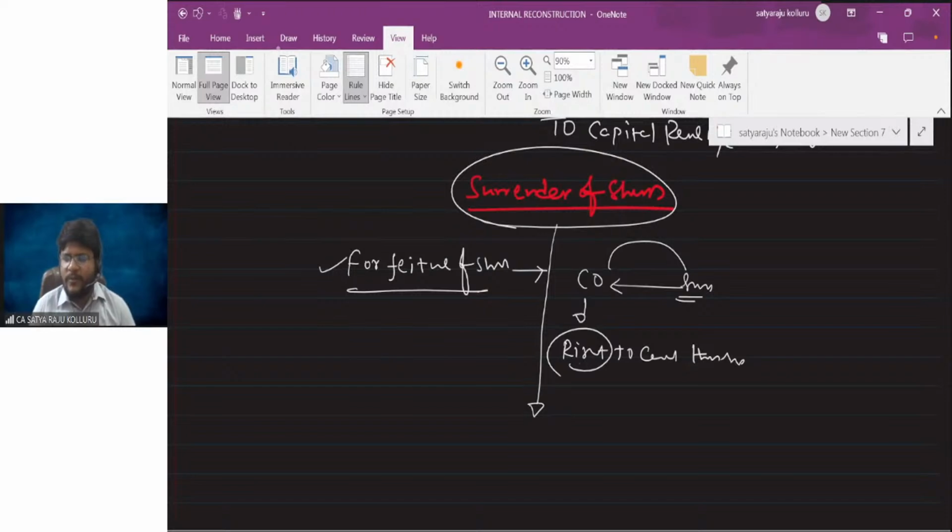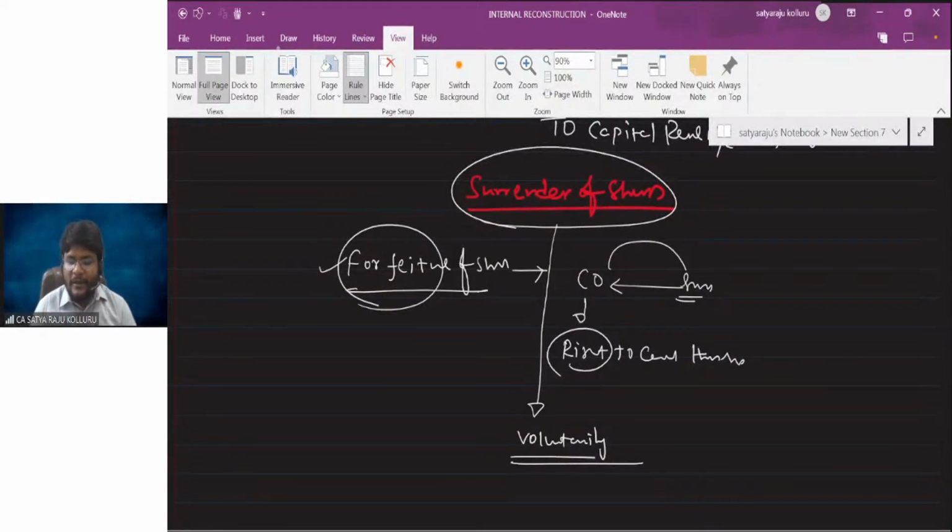What does the surrender of shares concept mean? The title itself tells clearly that each shareholder is surrendering certain shares. That surrendering should happen voluntarily. It is not a compulsion, because nowhere in the Companies Act 2013 is it given that equity shareholders or preference shareholders must surrender shares, whatever the case may be. But forfeiture is a right given by the Companies Act 2013: taking back such shares by the company.